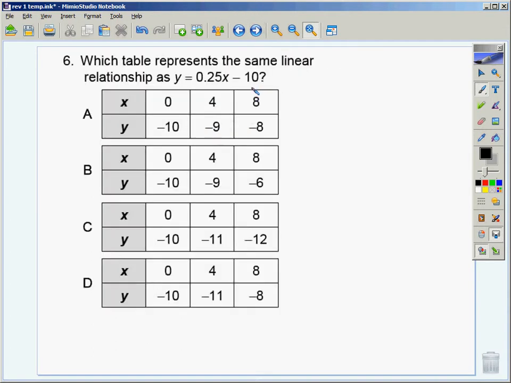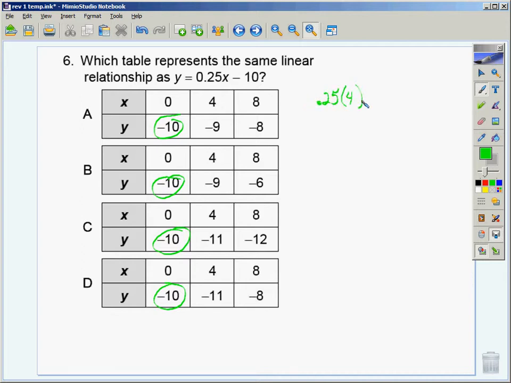Number 6, much like number 1, I did notice, however, that I didn't need to plug in 0 because all the outputs on 0 were what? -10. So I didn't need to plug it in. So I looked at the next one. All the inputs are 4. So I put